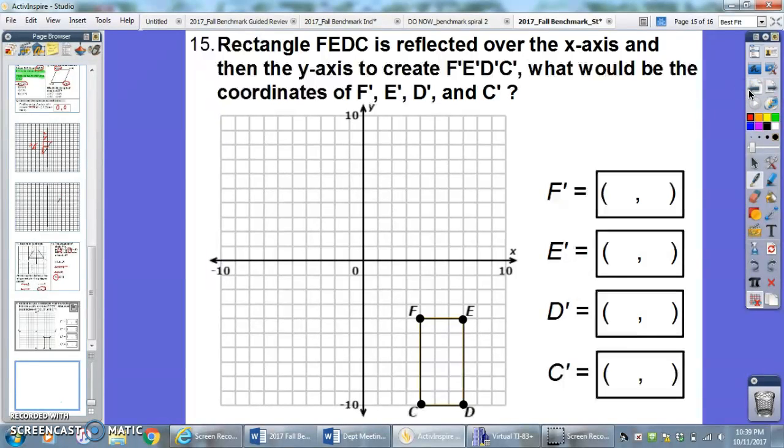There's one more. All right, I'm probably going to run out of time for this one, but you are reflecting over the x and y axis. I'm going to show you one of the points, and then you can finish up the rest. So my x-axis is this line here, so I'm going to count up 4 to touch. So I'm going to count 4 more, and then I'm going to reflect it over the y. I'm just going to count